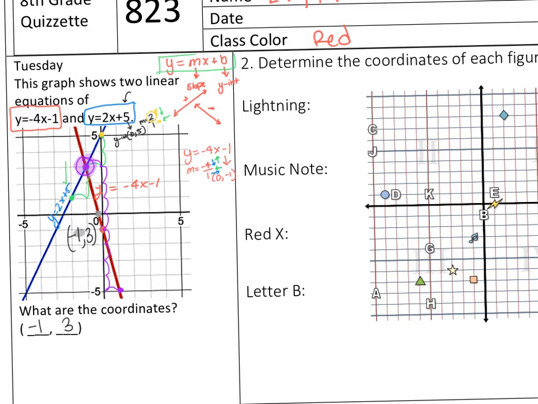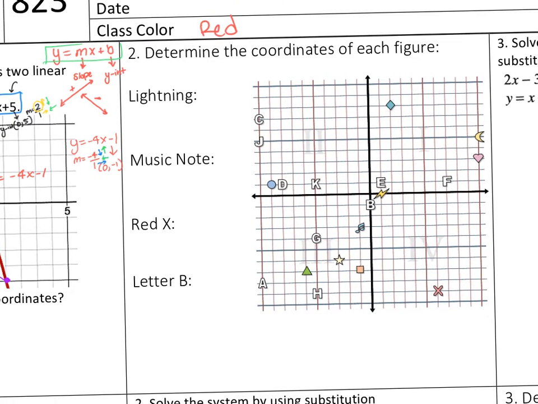So let's look at Tuesday number 2. So Tuesday number 2 says, determine the coordinates of each figure. The first figure is the lightning. So I'm going to locate the lightning, and the lightning is right here. I shaded it in purple. Lightning is at,